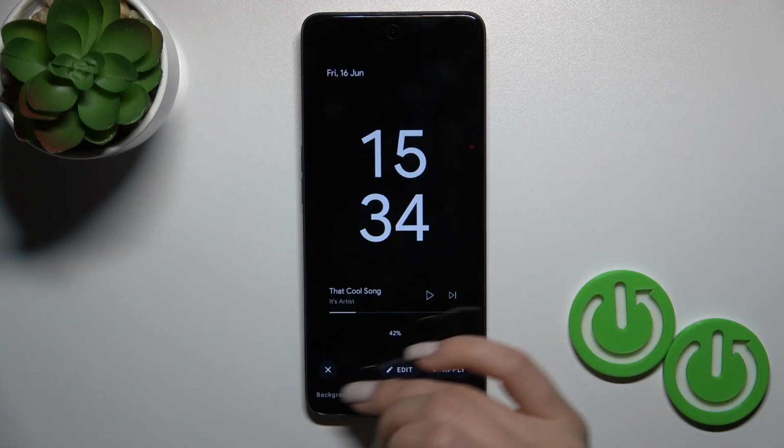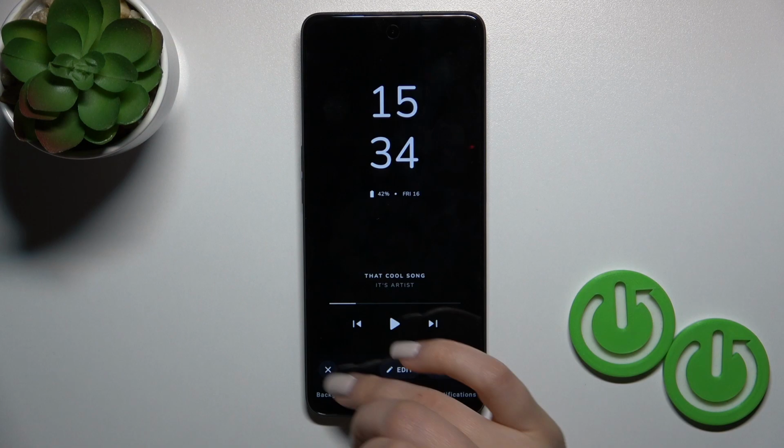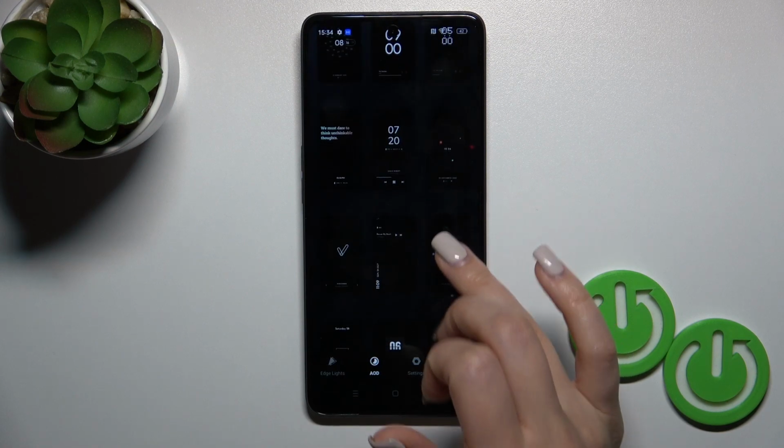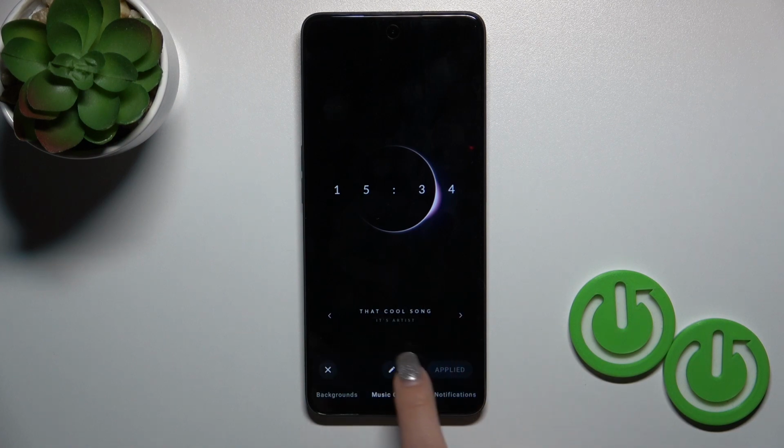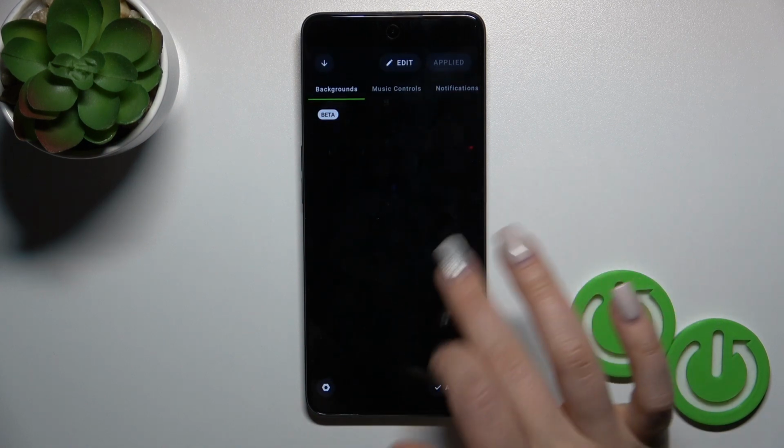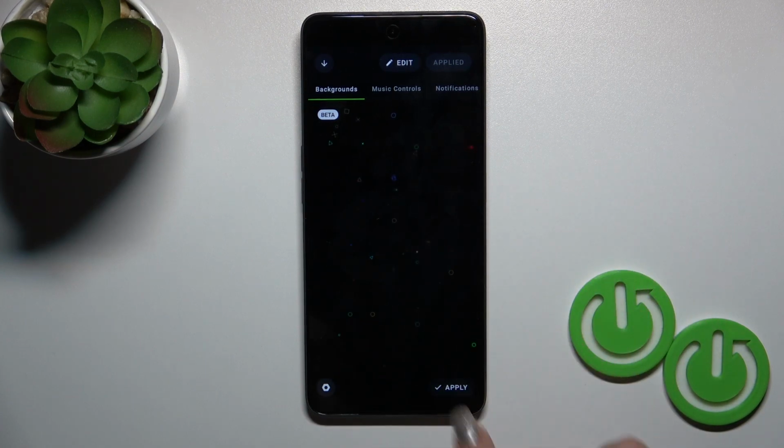For example, let's use this one, or just this tab, for example. Tap to apply. You could here edit the theme, change the backgrounds by swipe to the up or to the down, to apply